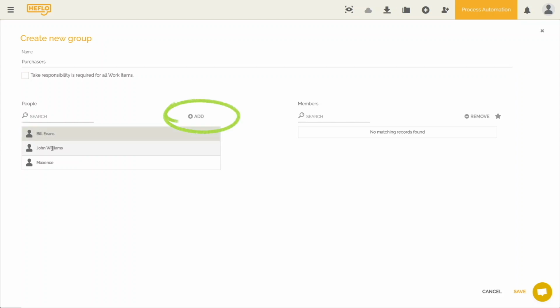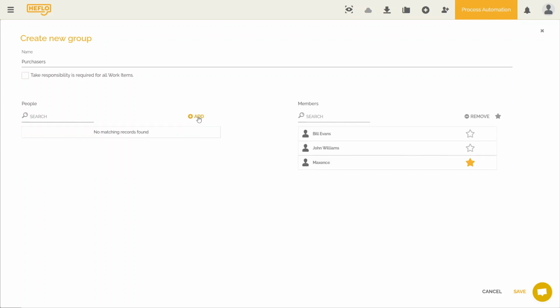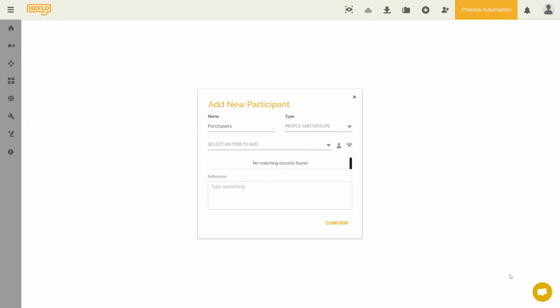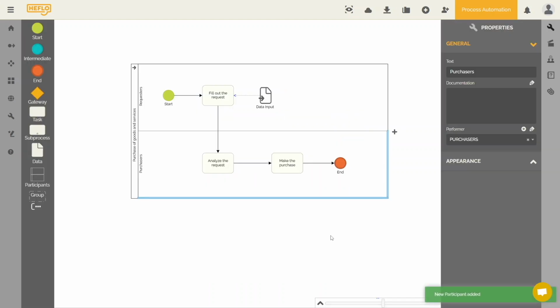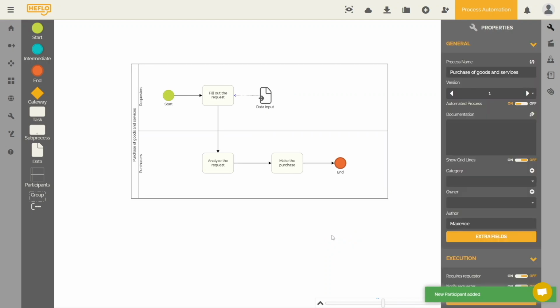Click on this Add icon. We will determine who is the coordinator of this group. We will discuss this later in a future lesson. Now, save it. You can then select the created group. Click on Confirm. Our process has determined responsible actors in each lane.